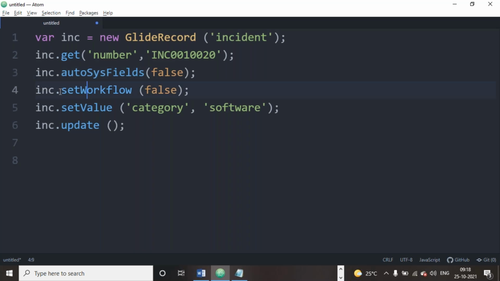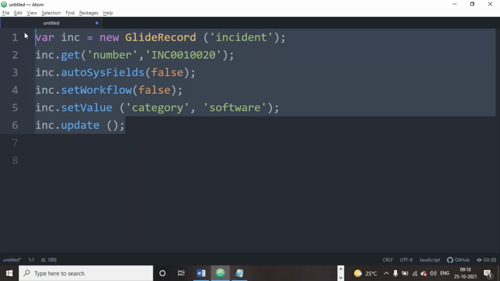And what about setWorkflow? I don't want to run any business rule. While executing this code, I don't want to override any business rule. When you want to stop all business rules which are already implemented, at that moment we can use setWorkflow. And let me take the code